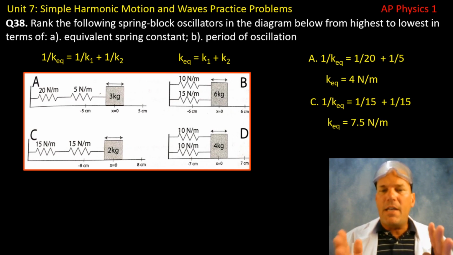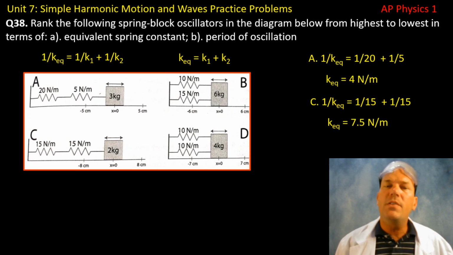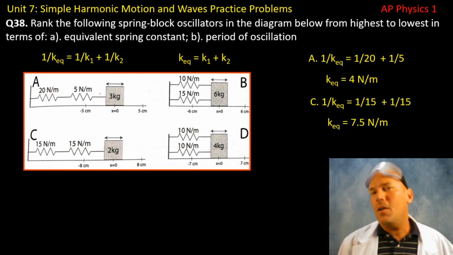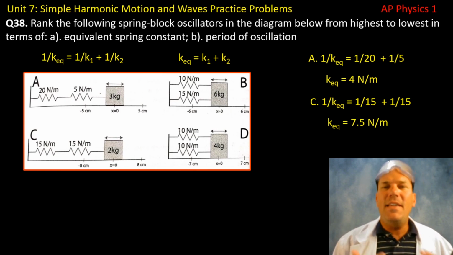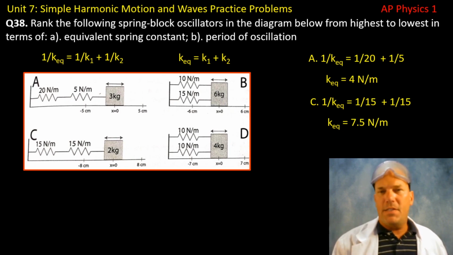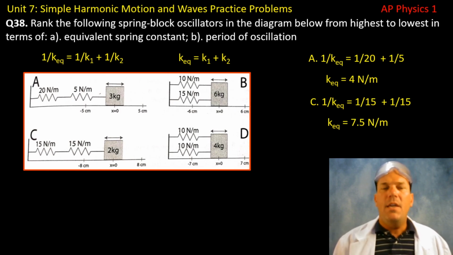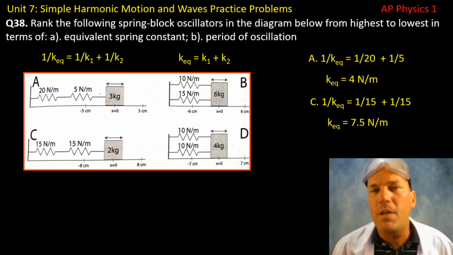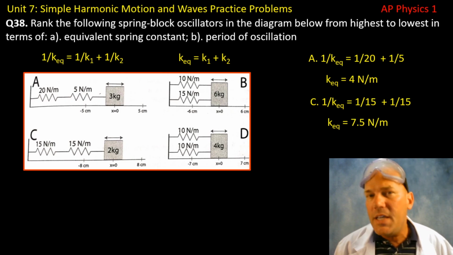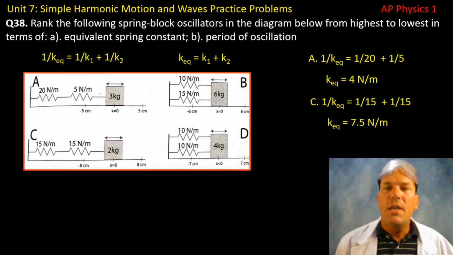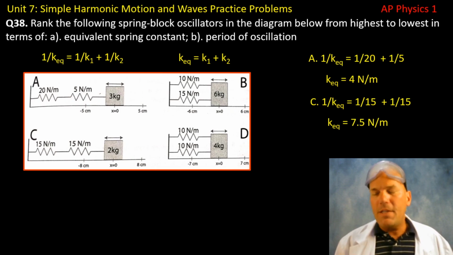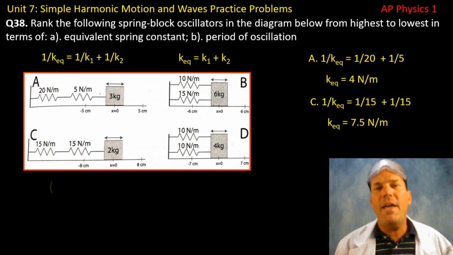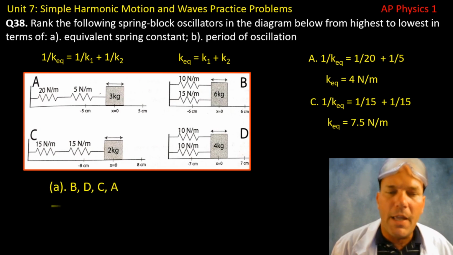Now let's look at diagrams B and D. These are parallel. Parallel are simple. You add the individual constants. So for B, we would get 10 plus 15 or 25 newtons per meter. And for D, you're going to get 20 newtons per meter, which will allow us to go ahead and rank from highest to lowest to answer part A